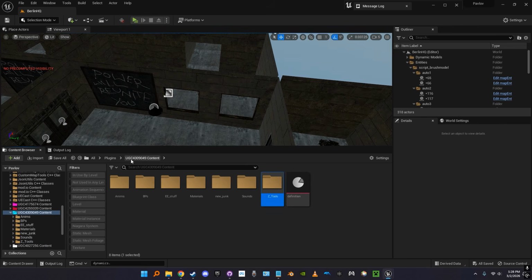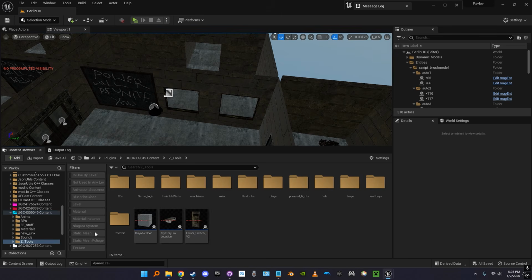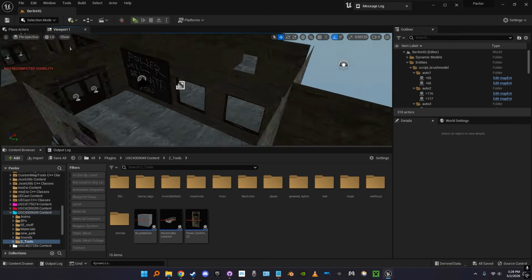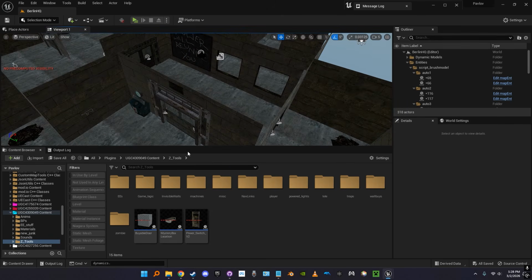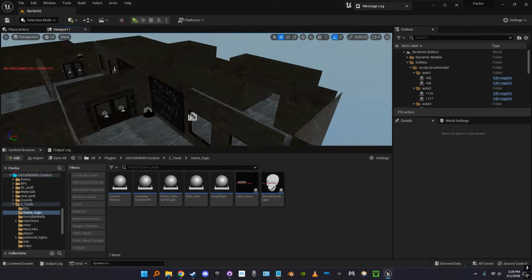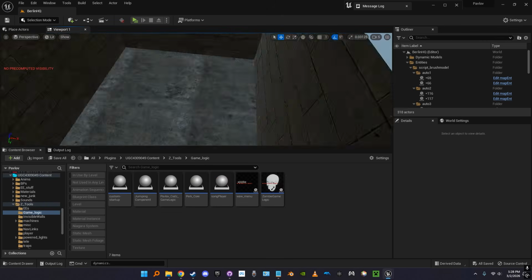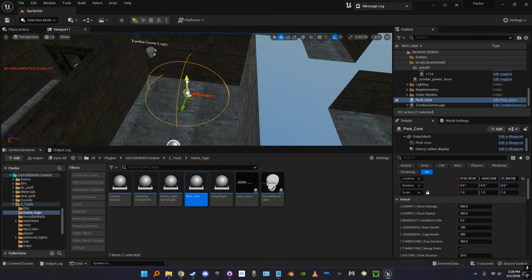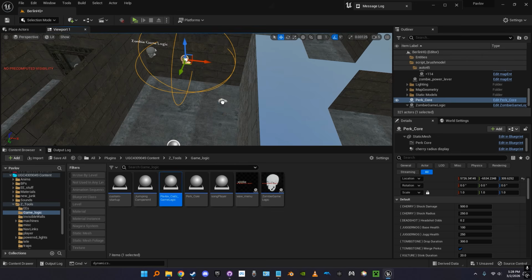Okay, so you go into this UGC, and then everything you're going to need for just a basic map, assuming you're not modifying anything crazy, you're not trying to branch out and do your own thing, you are going to open the Z tools, and then everything you need to build a map is going to be in here. Now, first thing first, let's say game logic. Game logic's important. You're going to want to slap down zombie game logic, a perk core, and a Pavlov CoD